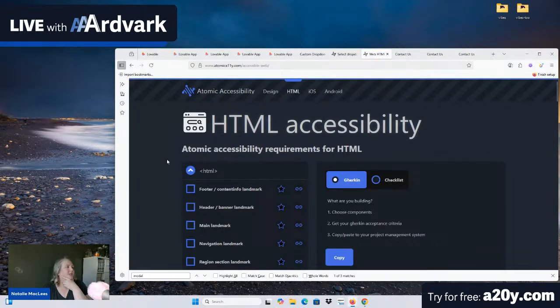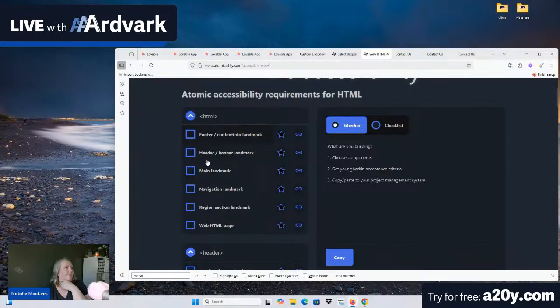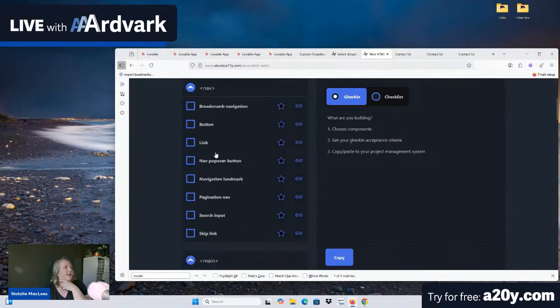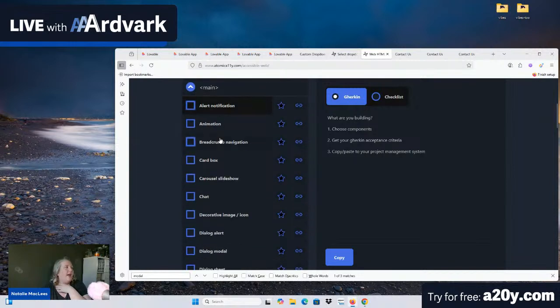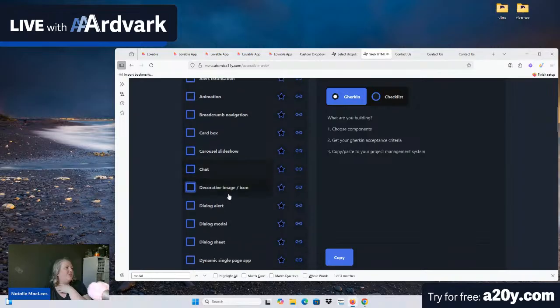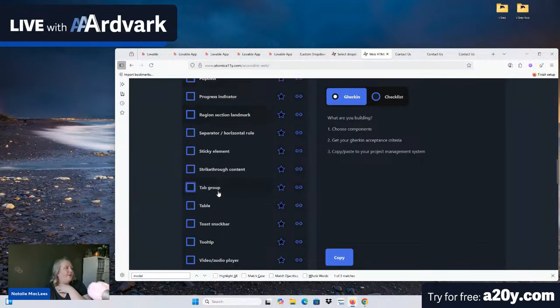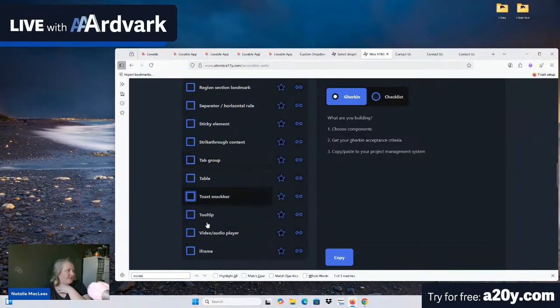If we go back to this HTML, you can see that we've got the different landmarks. We have headers, so search input, navigation, things that would be in your nav, so breadcrumbs, buttons, links, etc. In Main, we have a whole bunch. So cards, breadcrumbs, animations, alerts, chats, dialogs, dialog alert, dialog modal, dialog sheet, FAQs, maps, charts, and graphics, popovers, tabs, toasts, tooltips. So if you're building any of those things,